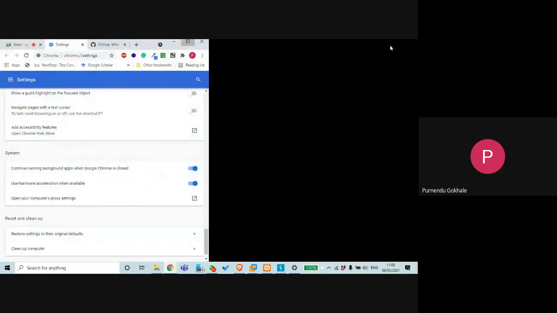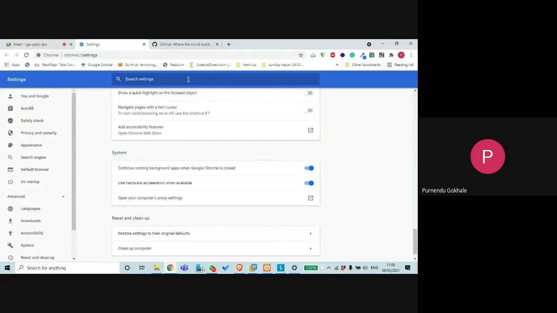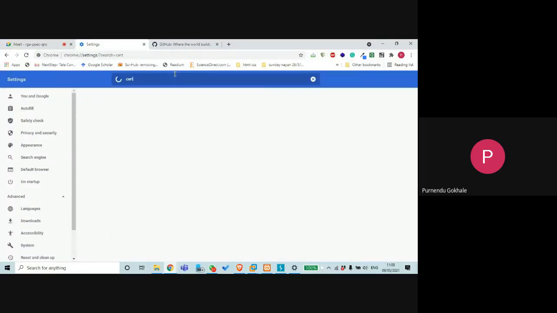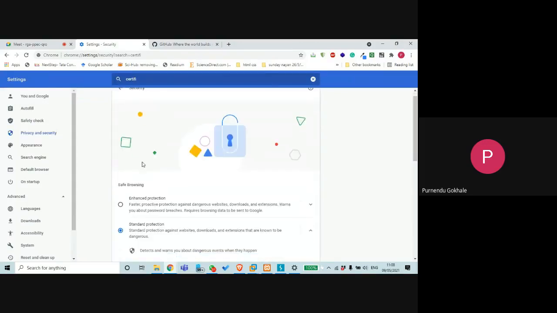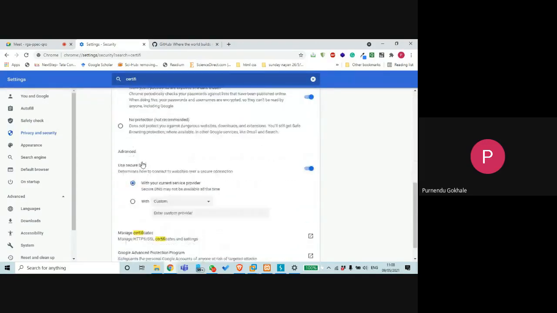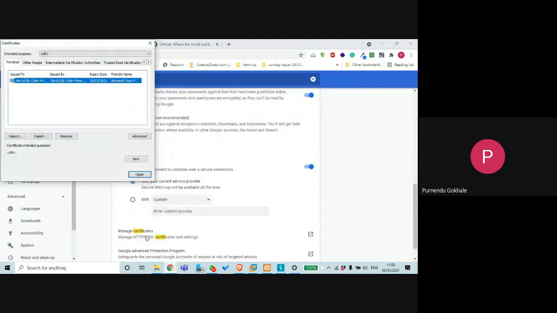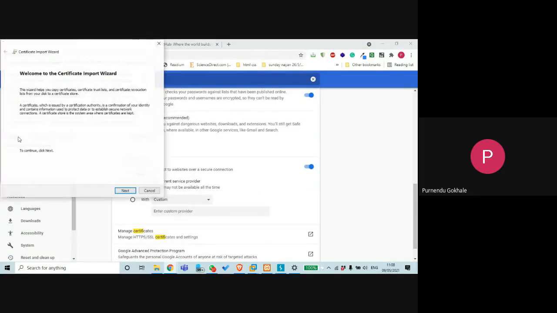In settings, you can type certificates. In the security tab, you will see manage certificates, and then go to the trusted root certificate and